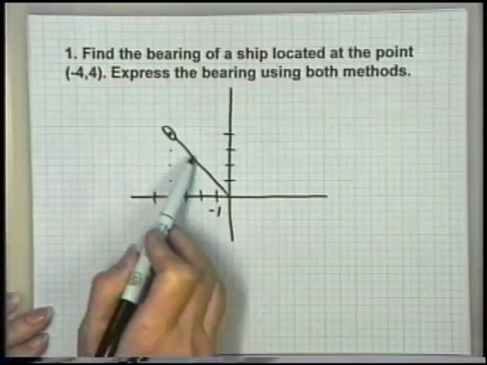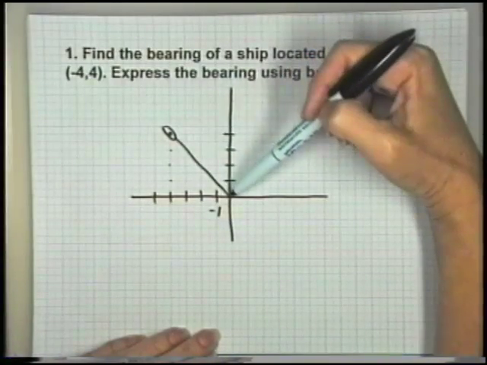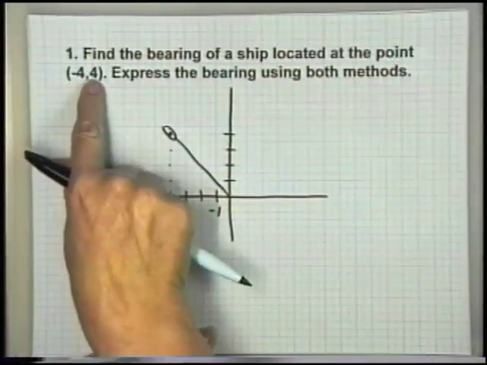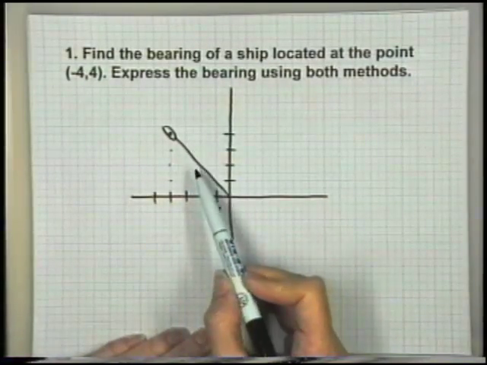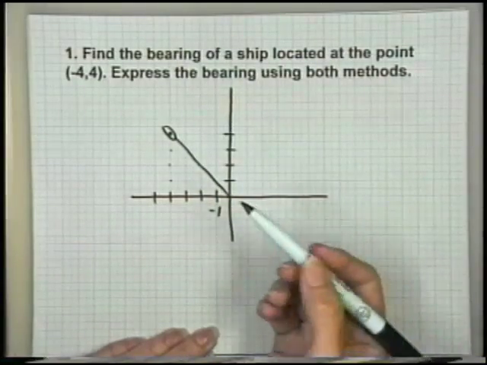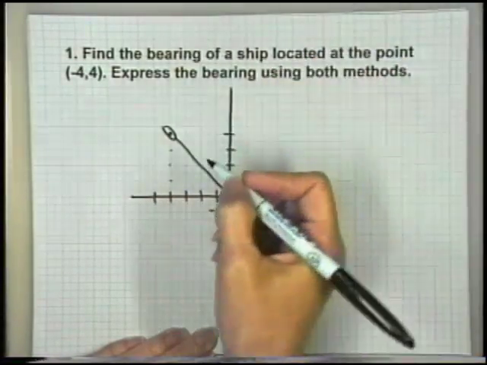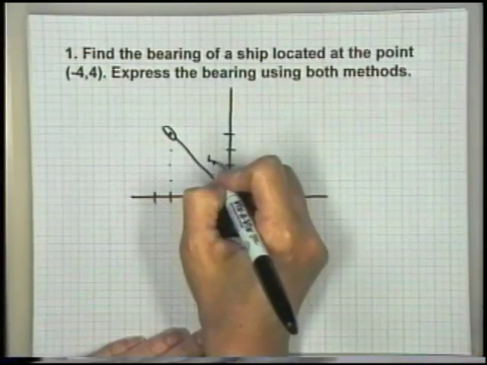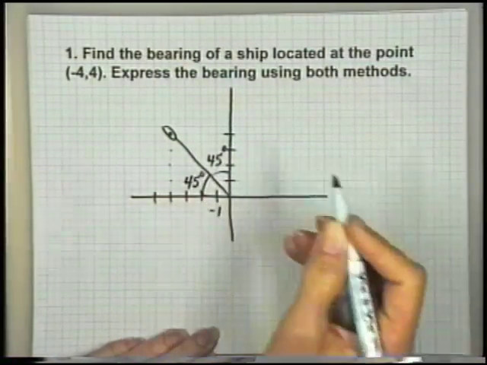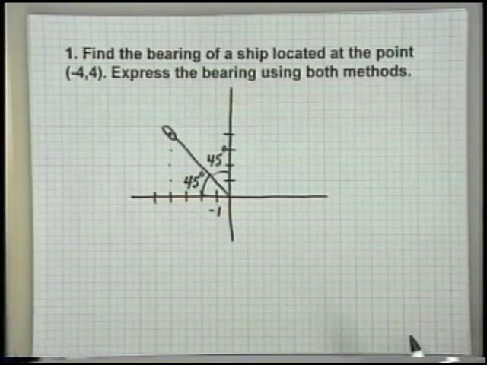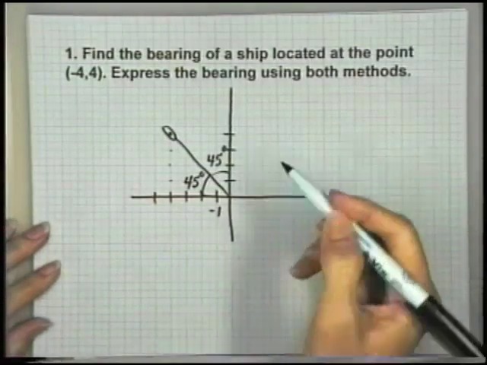Now the truth is the ship could be anywhere on this line, and it might be worth noting, just looking at this, what does this line do that's got this point (-4, 4)? What are the other points? Well, it would have (-3, 3), (-2, 2), (-1, 1) on it, and what we know from algebra it does is it splits the second quadrant so that this angle is 45 degrees and this angle also is 45 degrees. So let's give first the single angle type bearing,